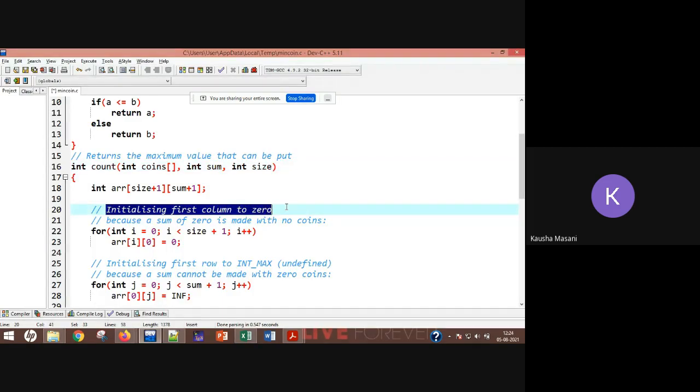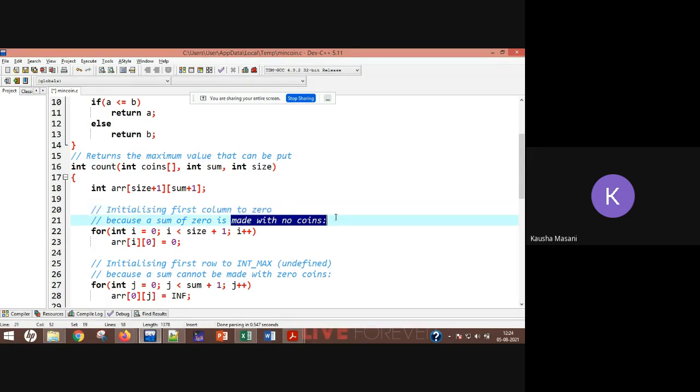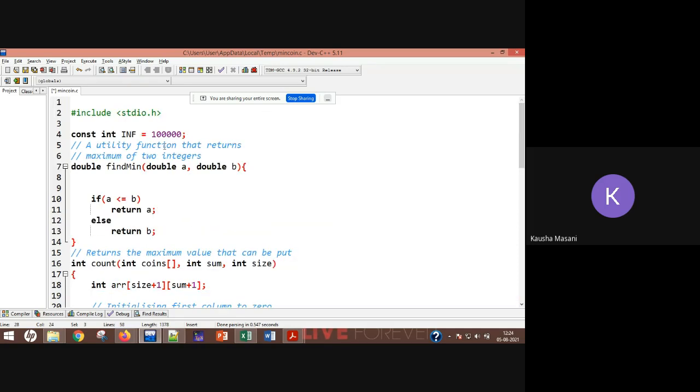Here, initializing the first column to 0, because it is made with no coins. So I of 0, column 0 we are giving as 0. Now the first row is initialized to integer max. Right now we don't know, so we are just going to write integer maximum, whatever your maximum value is. I'm taking it as INF, my maximum quantity that can go.